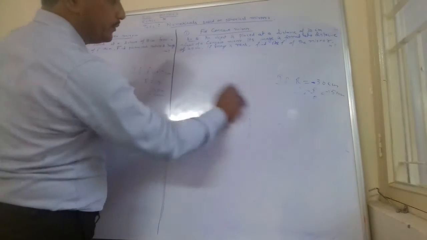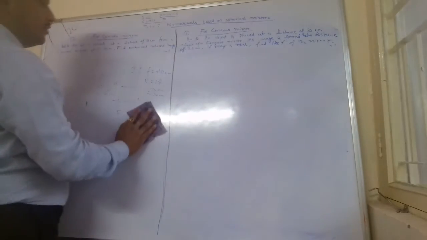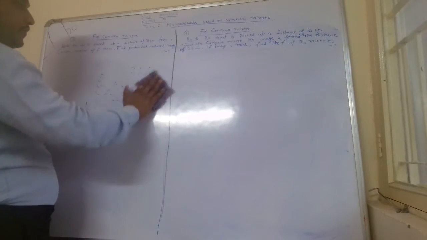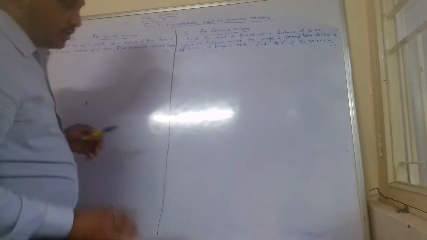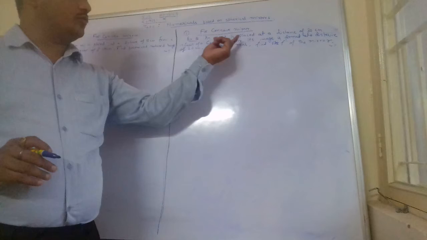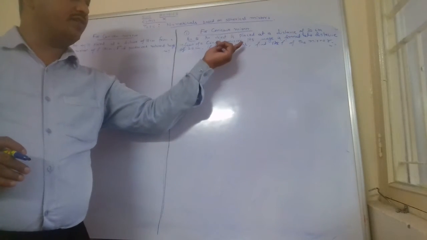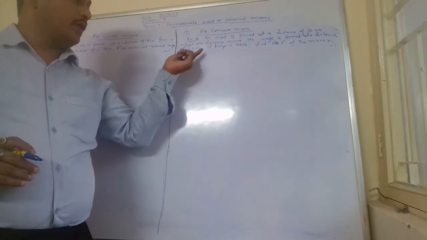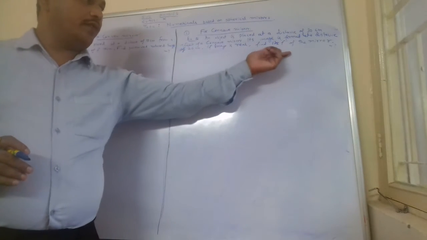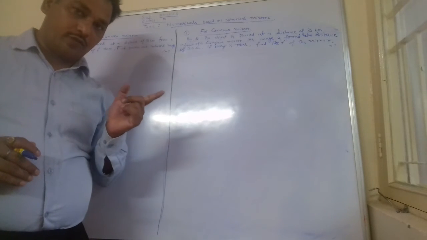I will read it for you. You can write it so that you can understand what is given and what you have to find in the question. So for an object, if an object is placed at a distance of 30 centimeter in front of a concave mirror, its image is formed at a distance of 20 cm. If the image is real, find the value of focal length of the mirror. So recall the format which I have given.